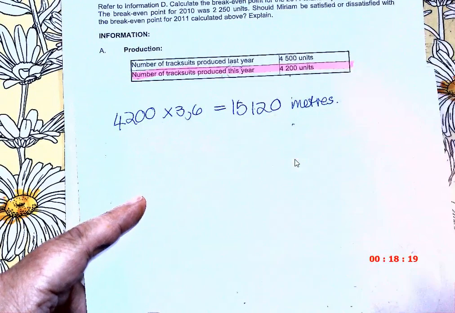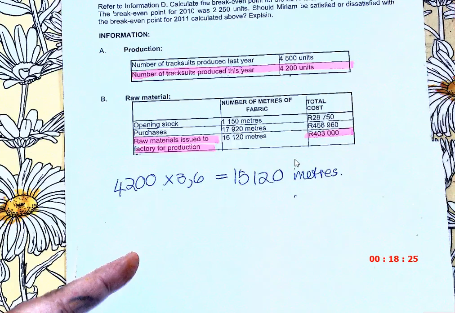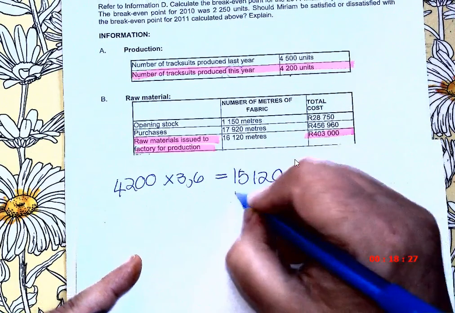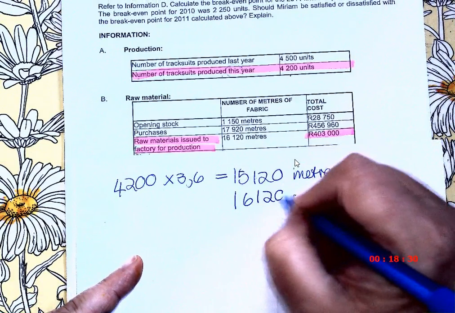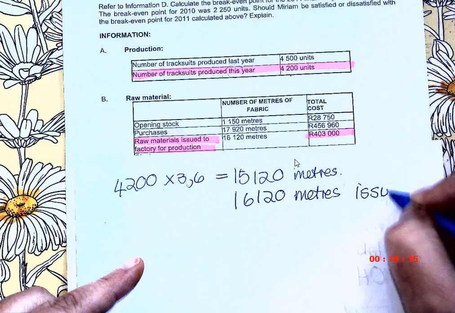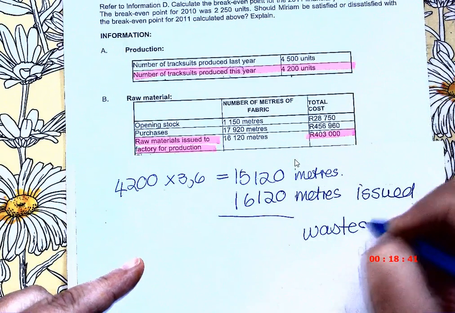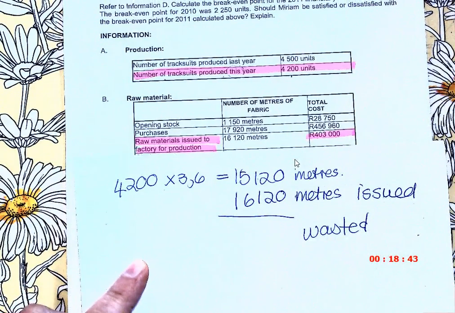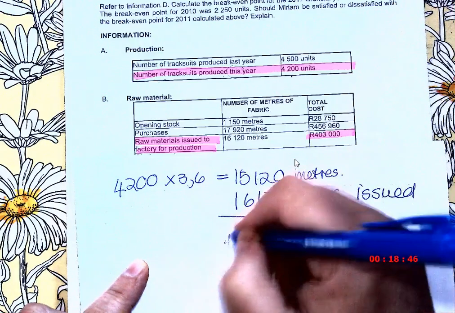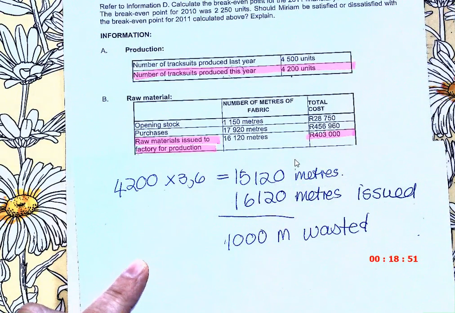How many meters was issued? Already issued was 16,120. Issued. So what is wasted? 1,000 meters are wasted. You understand? Does that make sense to you? So now she asks,